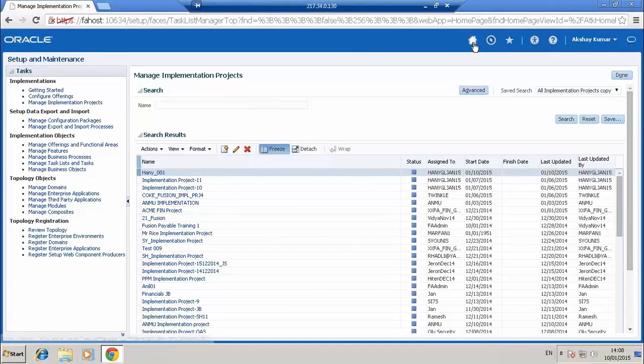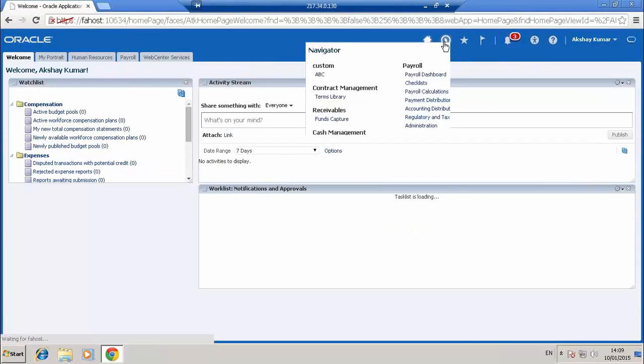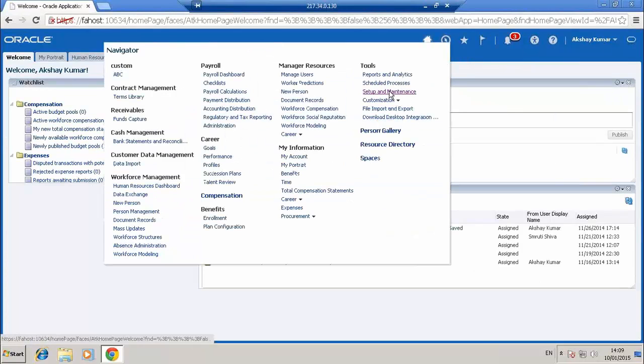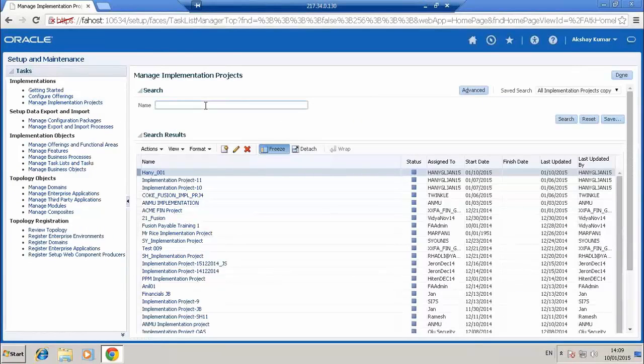Once you log in, you'll come here, go to setup and maintenance. Yeah, I found it. You can use this one. Sorry, I was using the other one. You can go through navigator, go to setup and maintenance.